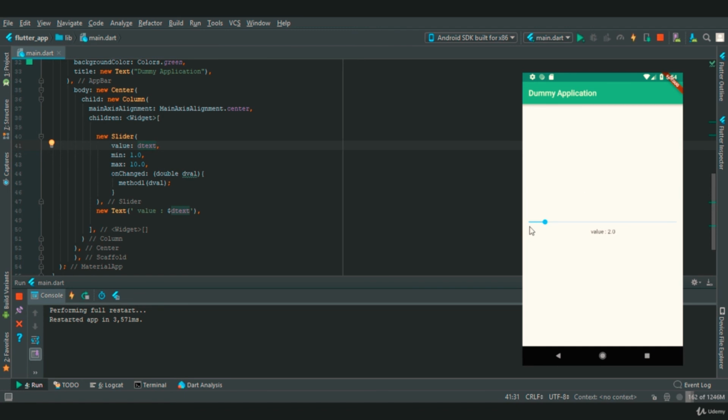As you can see, our slider has a minimum of 1, the max of 10, and we have given a default of 2. Now we can drag the slider and you can see the value is changing. And that's it. That's how you can create a simple slider in Flutter.